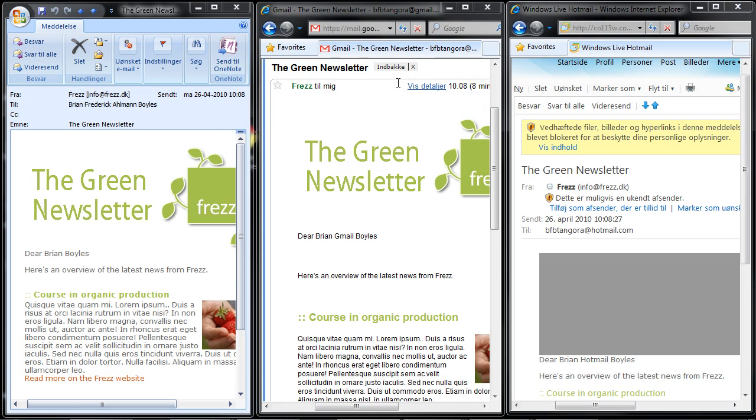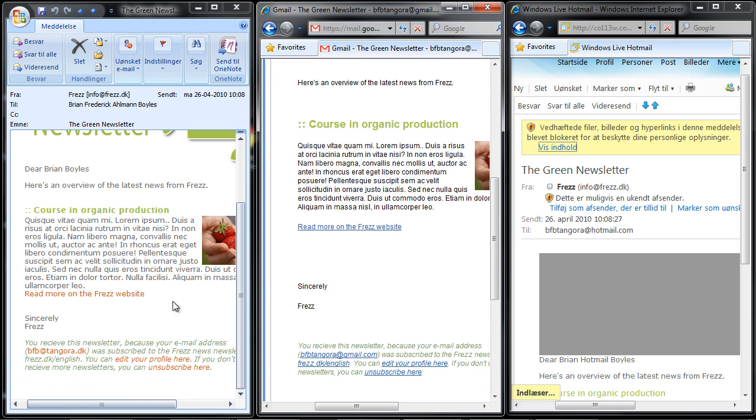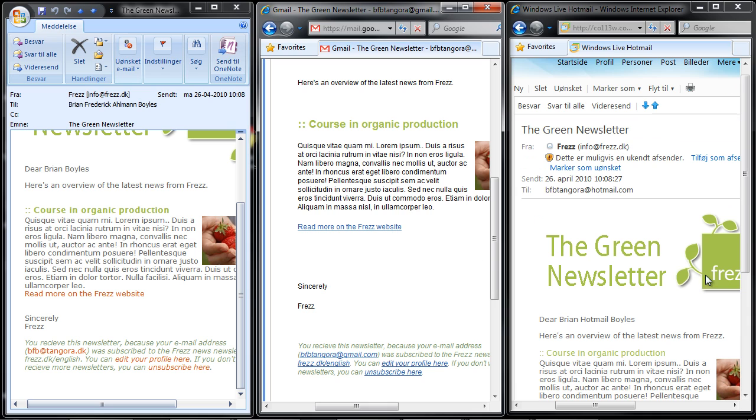I have up on screen results in Microsoft Outlook, in Google's Gmail, and Microsoft's Hotmail. Now, in many mail clients, we will have to actively indicate that we want to view images. We may also notice some differences in the way that different mail clients show our emails. So it's a good thing to try to test a few systems if you can, and it's also a really good idea to have a simple design where there's room for a few discrepancies.